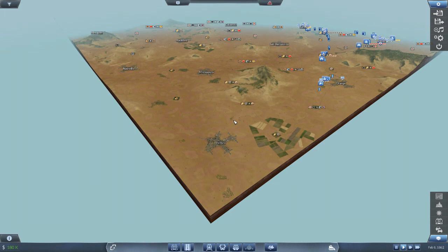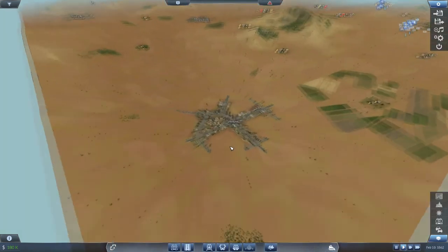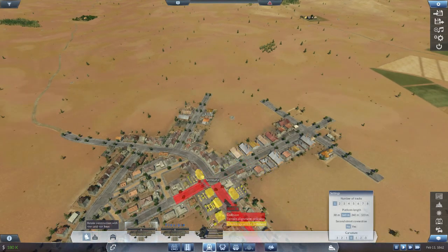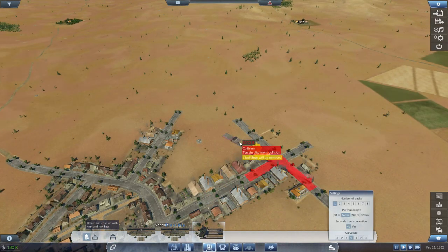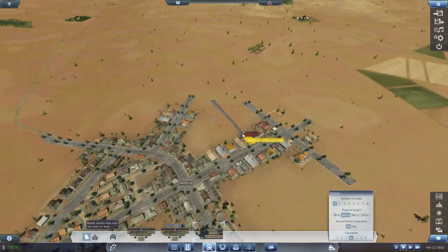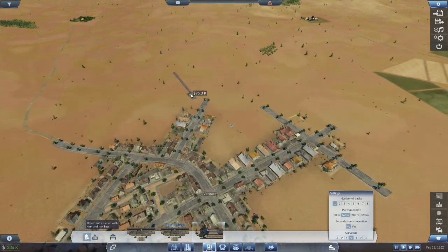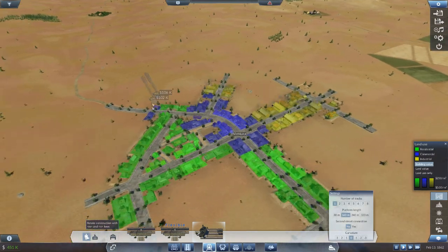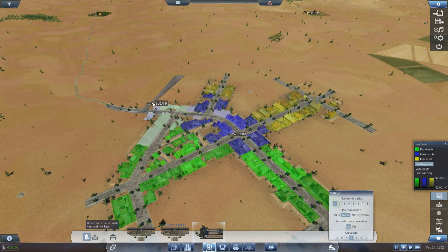Look, just looking at it, I think a terminus is going to be the order of the day here. I think we can get it reasonably central to town without having to demolish too much stuff. Let's swing that around here. Now we're looking at the industrial area here. So what about if we look? Okay, we've got the commercial. The residential's all over here, so it might be worth putting...